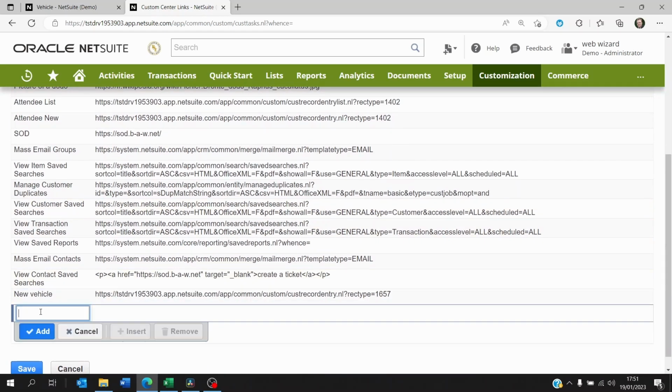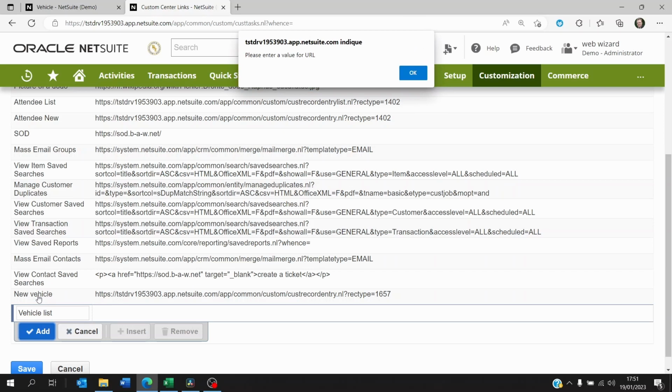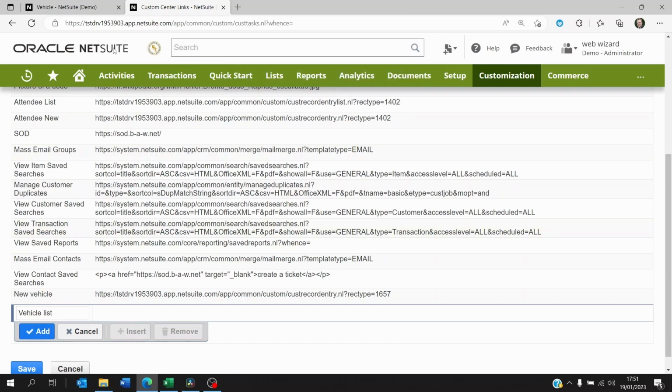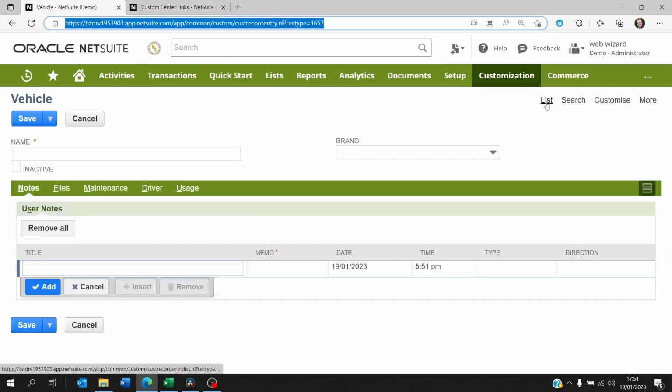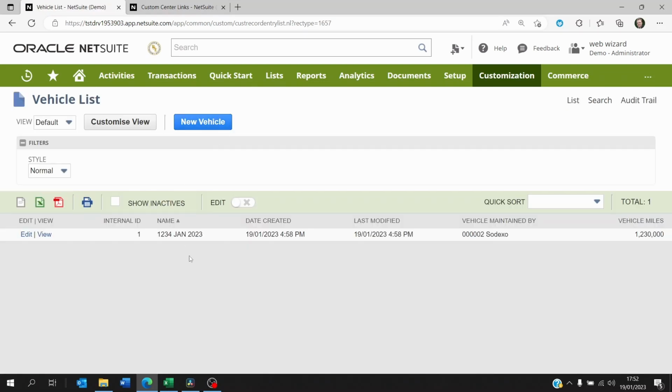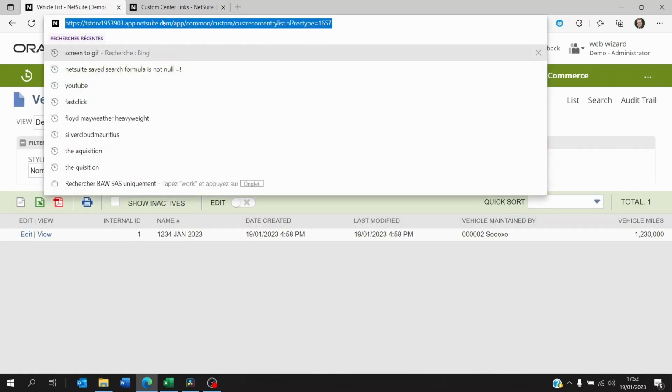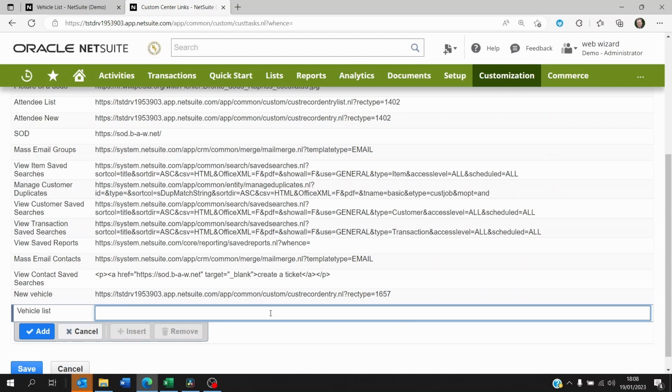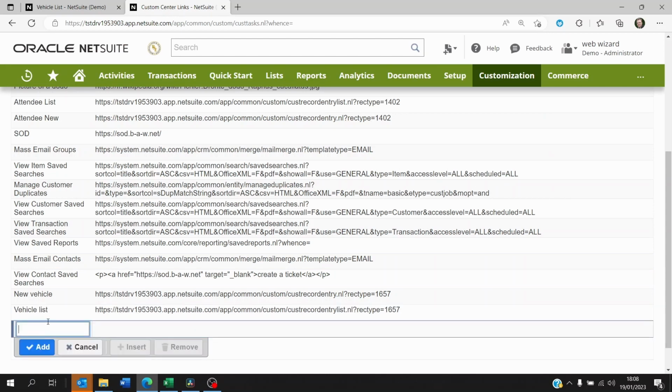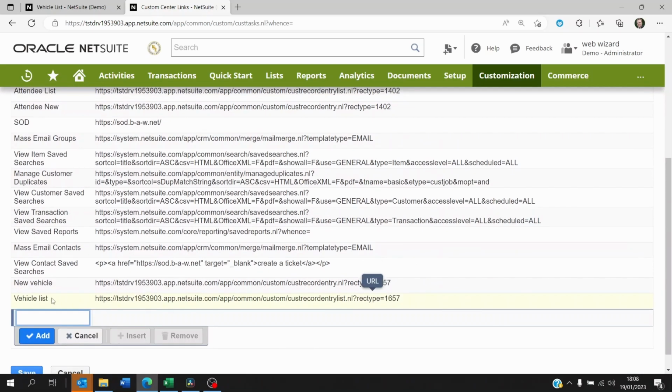Right, now maybe you want to see the list of vehicles. Let's call it vehicle list. Okay, and same, you're going to go back to the vehicle, you're going to click on list this time, and this is the list, so you're going to copy the URL here, and you're going to paste it right there. Now, okay, we've got the new vehicle link, and we've got the vehicle list link. Now we can save this,